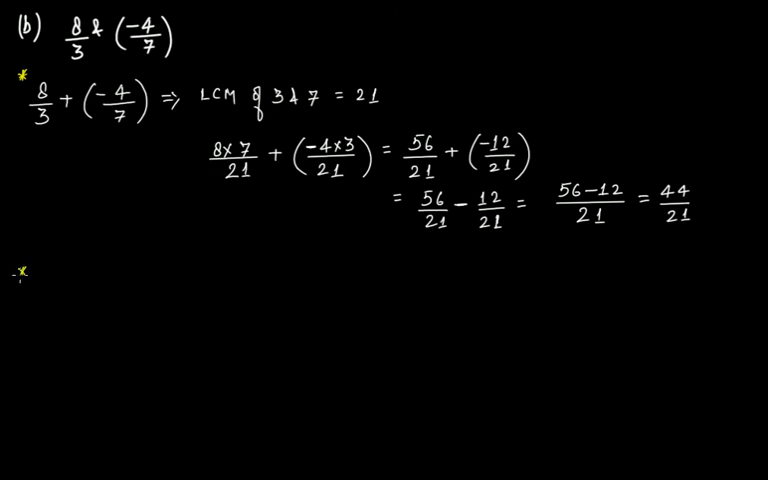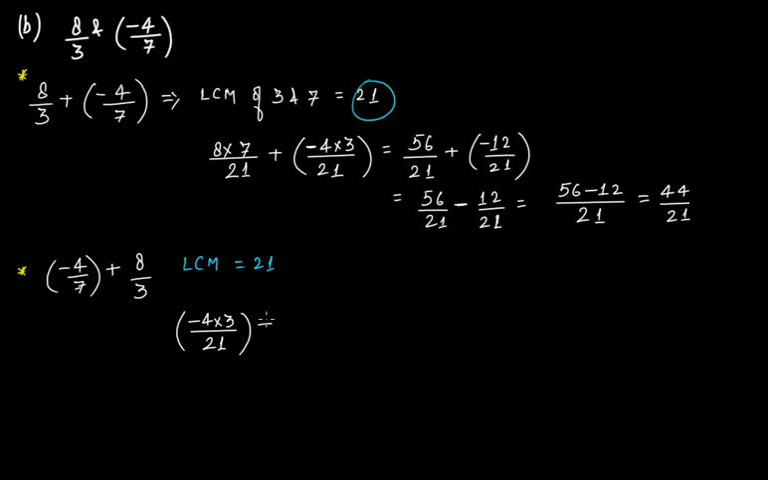Now in this case we take minus 4 over 7 plus 8 over 3. Again the LCM of 7 and 3 is going to be the same, 21 only. Now for this one we write the denominator as 21. 21 divided by 7 is 3, so minus 4 times 3, plus, again we have 21. 21 divided by 3 is 7, so 8 times 7. This becomes minus 12 over 21